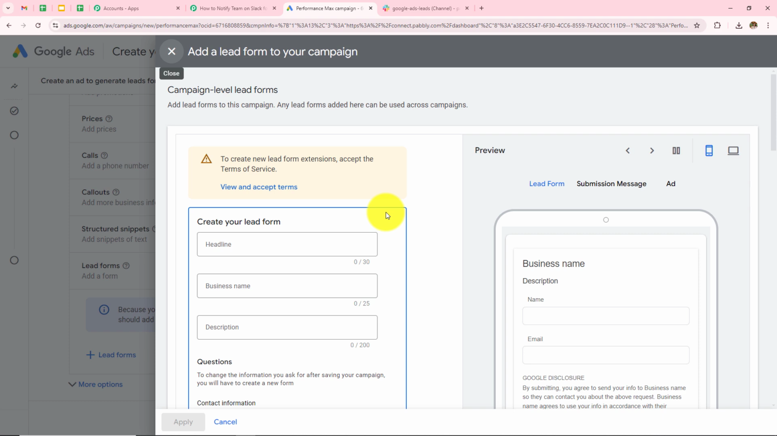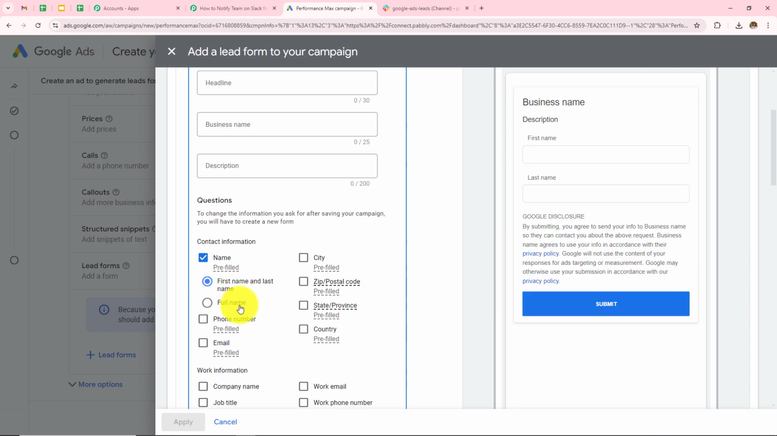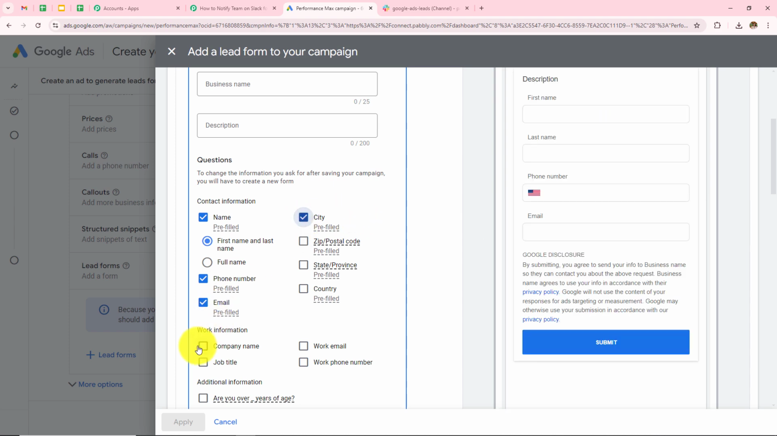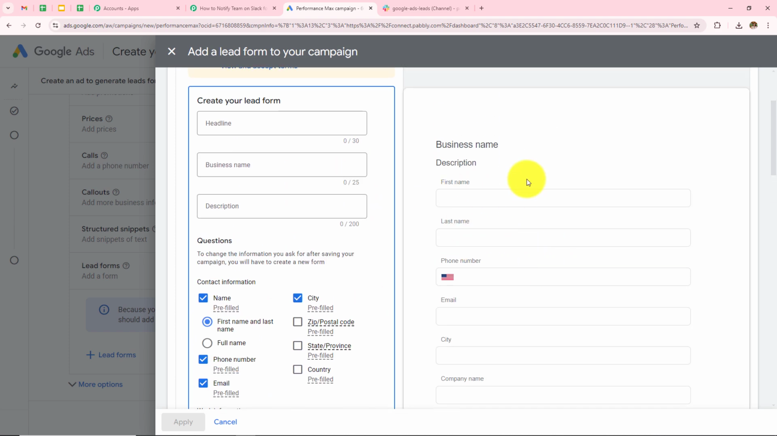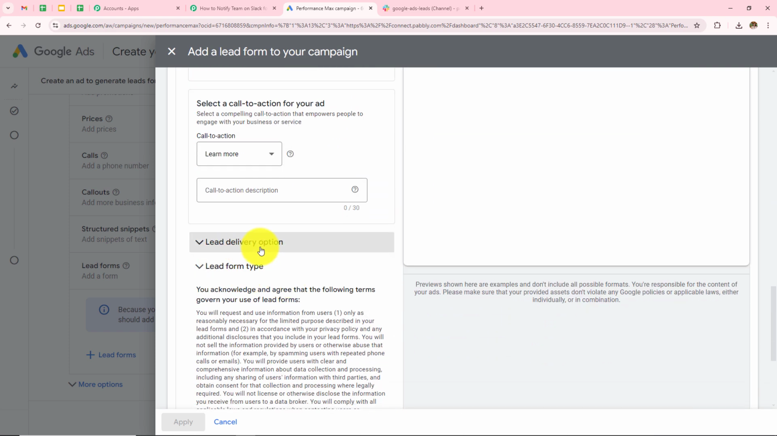So this is my Google Ads account, and under the campaign section, I am going to create this form. I want the first name and the last name, then the phone number, email address, city, and the company name. So my form will appear like this, and if I scroll down, I can see this option of lead delivery